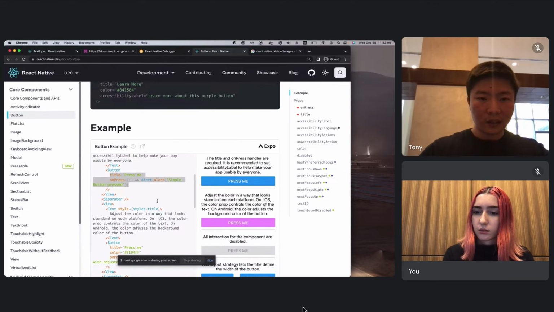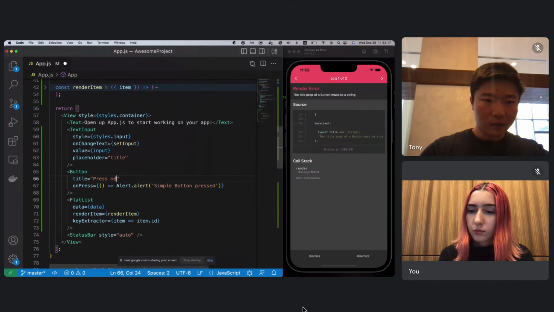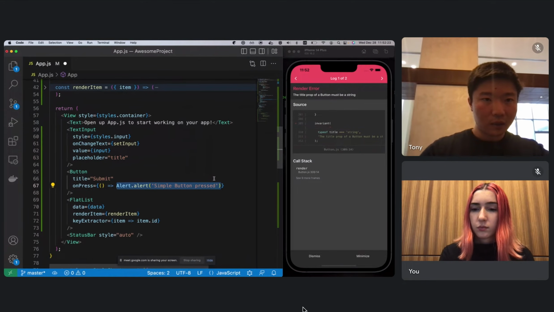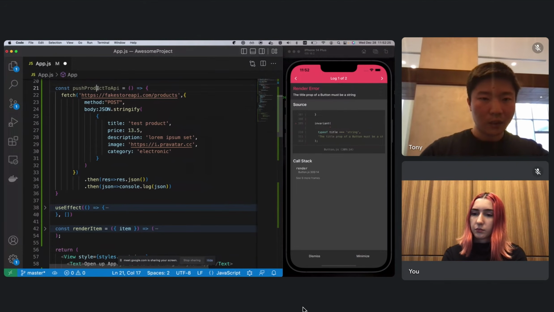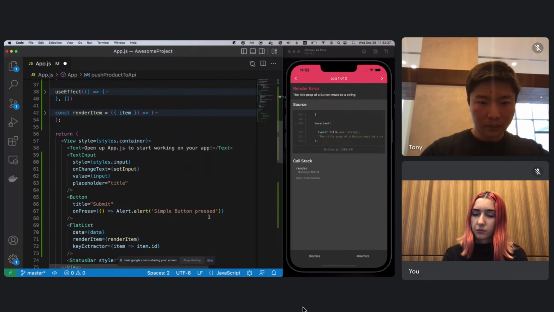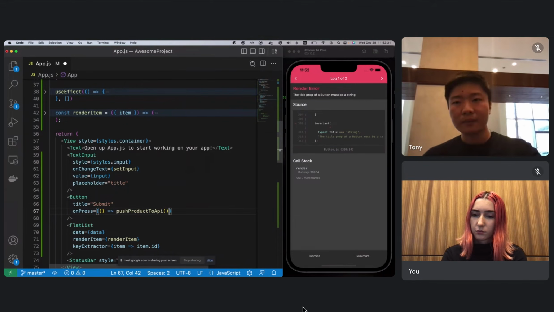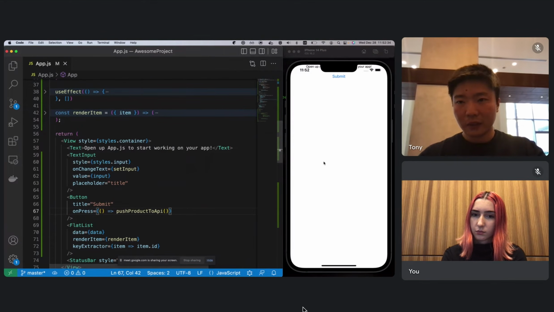Yeah. Title will call submit, then on press, we're calling this method. Okay, see that? Great. Now we have our submit button up here.